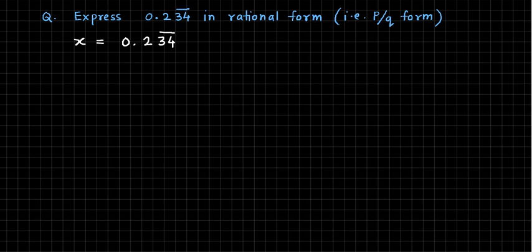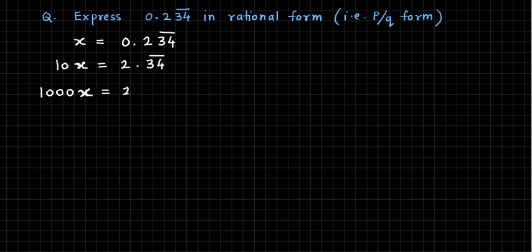Now first we multiply both sides by 10, so that we get on the right hand side 2.34 as the recurring part. Now if we want to obtain the recurring part once again, I will have to further multiply by 100 because there are 2 digits in the decimal which are recurring. So if I multiply throughout by 100, I will get 1000x on the left hand side,